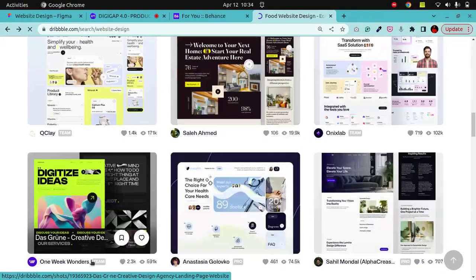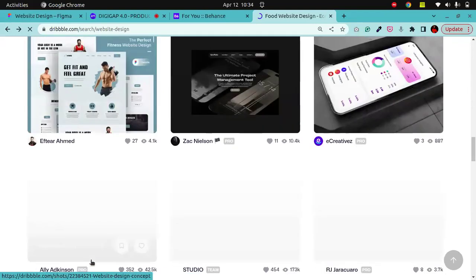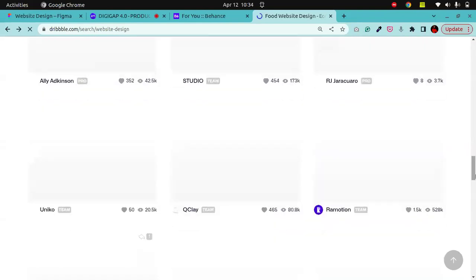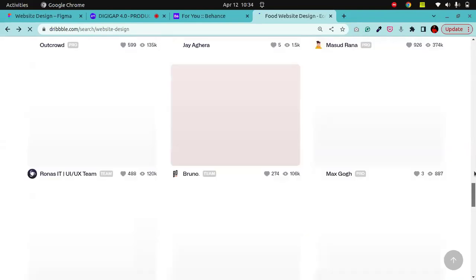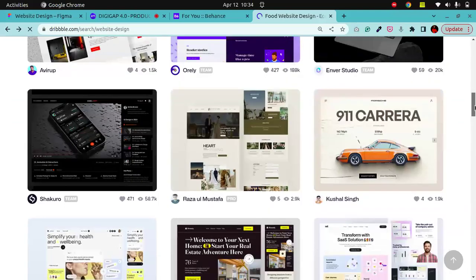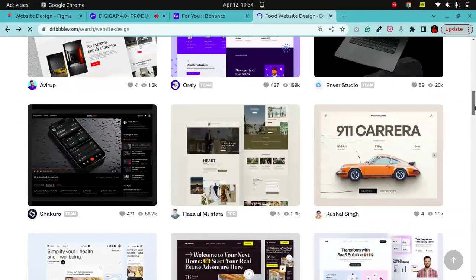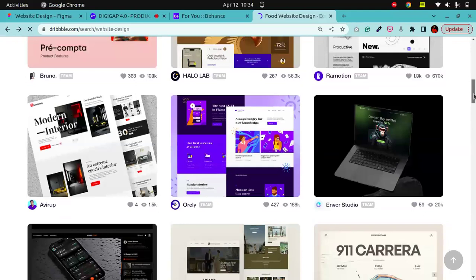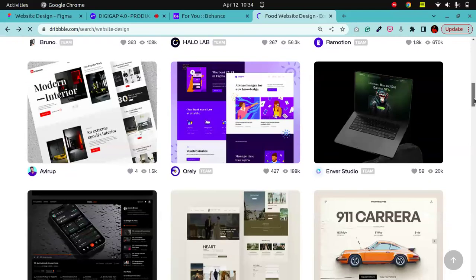It does not look functional. So it's good for you to go to a place where you can see inspiration for websites or any digital product that is actually used by real humans. So that's basically it